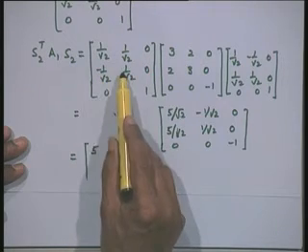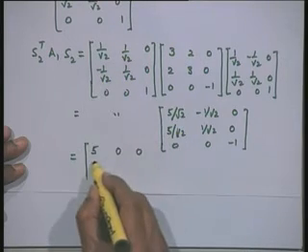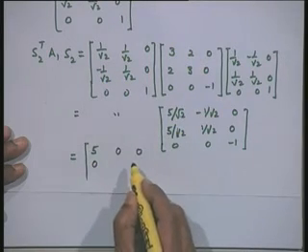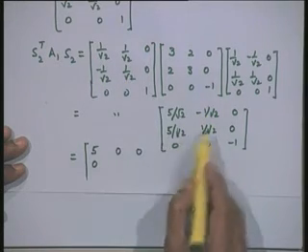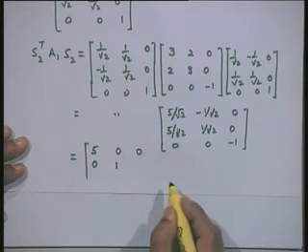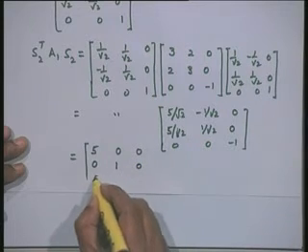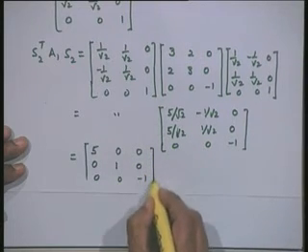Now second row, these are opposite signs, they are equal opposite sign. So I will again produce a 0 here. This is plus 1 by 2 plus 1 by 2. So that will give me 1. This is 0 0 0 minus 1.